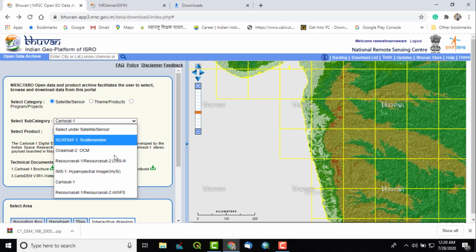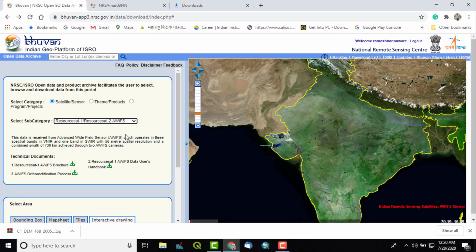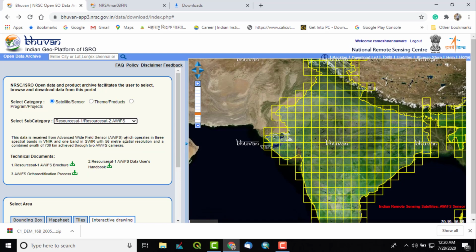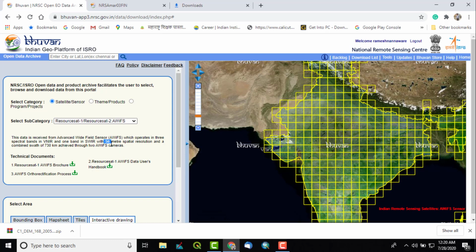The rest of the data are also available, like if you want to work on hyperspectral imagery, the IMS satellite is there, IMS-1. So the data is available. Ocean, if anyone wants to work on ocean, so ocean data is available. And also AWiFS. AWiFS is also satellite data, as we have seen with LISS-3, but its spatial resolution is poor, like 56 meter pixel.